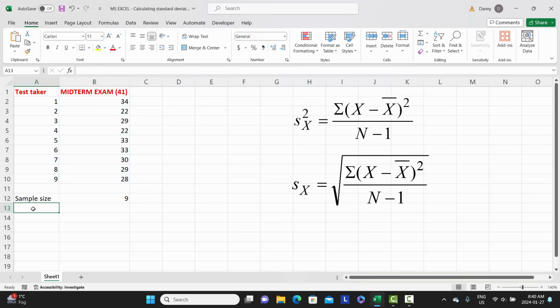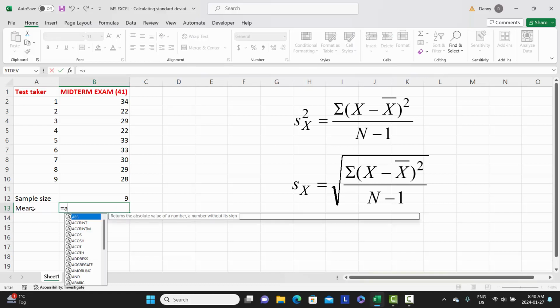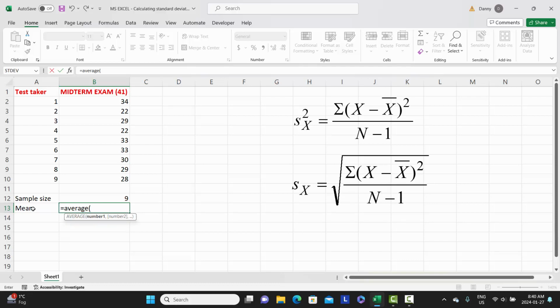The next item I'm going to calculate is the average, or the mean, of this sample, and I'm going to hit the equal sign, and I'm going to use the Excel function AVERAGE, and these are not case sensitive, so I could have typed this in all capitals or all lowercase. I'm going to Shift 9, open parenthesis, to indicate the array of data over which I'd like Excel to calculate the average. So I'm just going to grab these with my mouse,